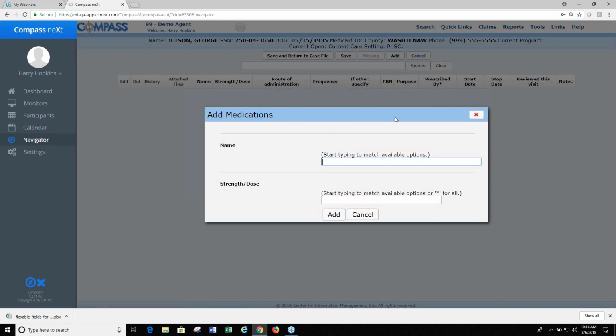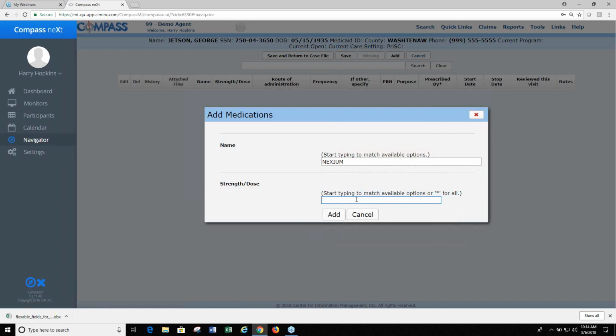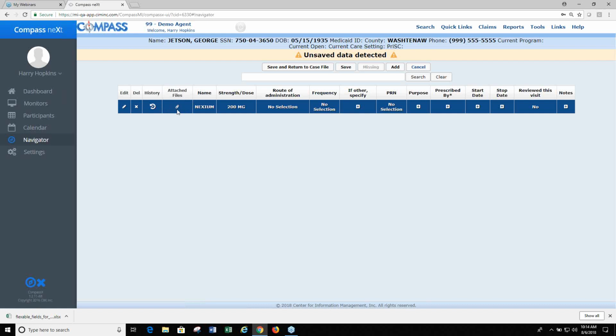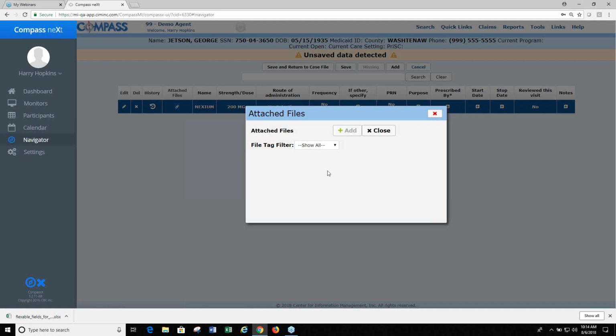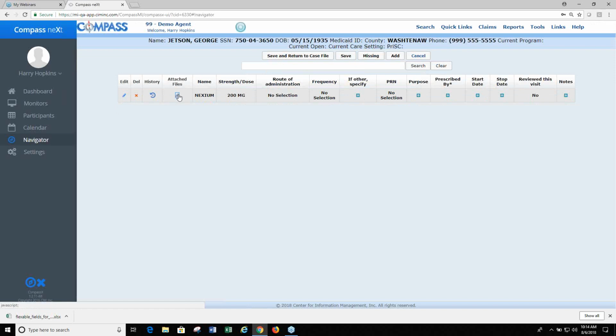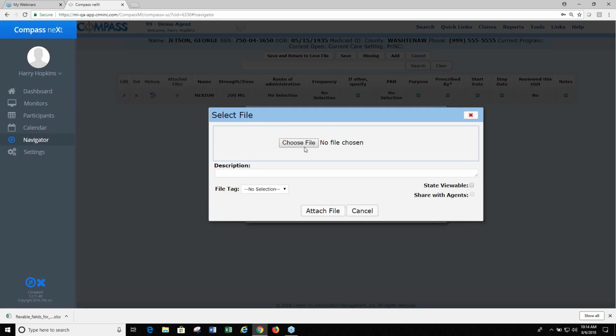All right, so if I add a medication, when you get in here, you're going to see the attached files as a new column with a paperclip. You click that paperclip, you'll get the same thing. You'll notice that the add right now is disabled, and I believe this is because I forgot that I need to save that record first. Yeah, so it doesn't do it to a record that doesn't actually exist yet. So you have to save it first, and then you can click the paperclip, click add, and then choose your